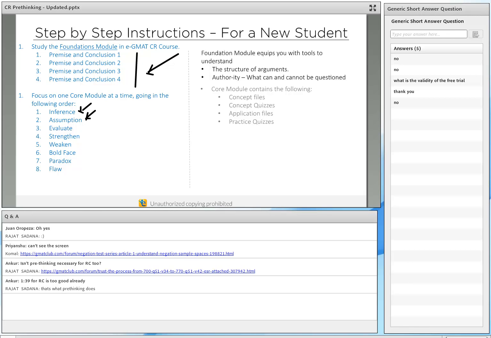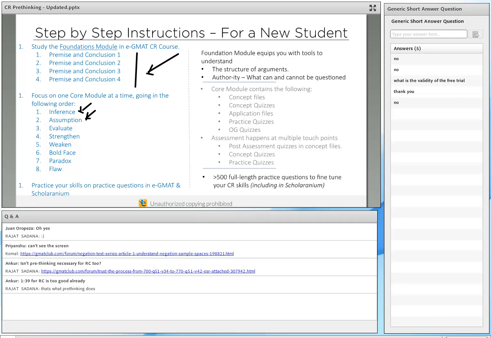In the entire CR course, you essentially get 100 points of feedback. So you're evaluated 100 times, you get feedback 100 times, and folks who get to that 94th, 95th percentile in critical reasoning score 80% or higher on those feedback points. Okay. As you go through this, you're going to go through at least 500 questions created by the e-GMAT team to fine tune your skills.